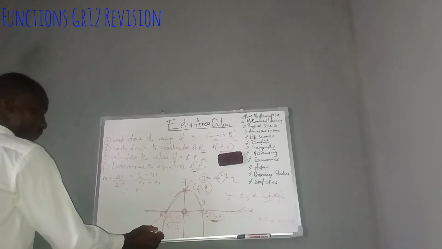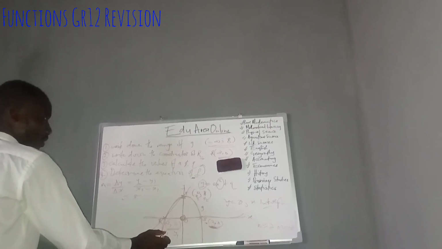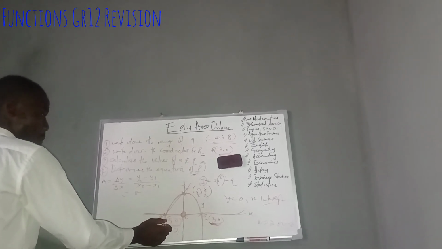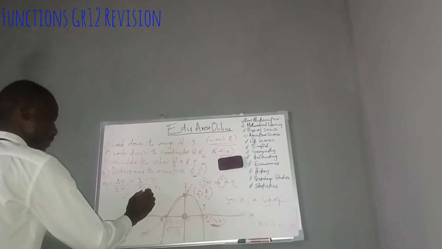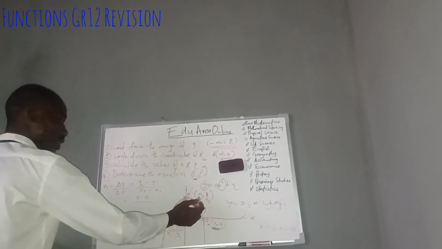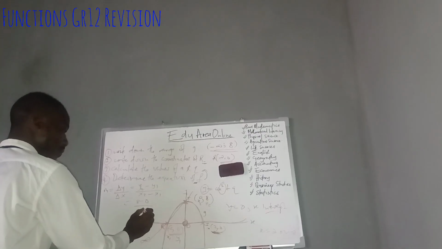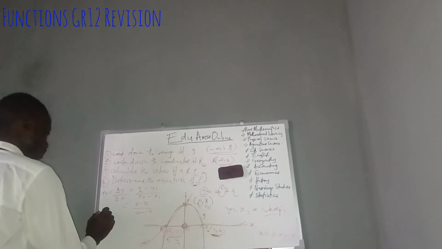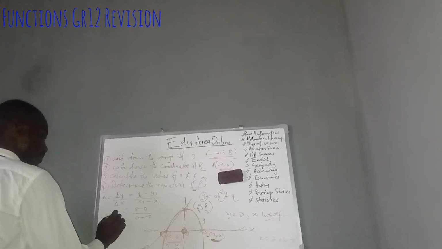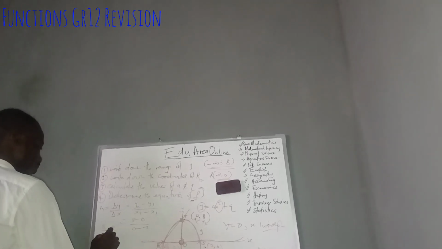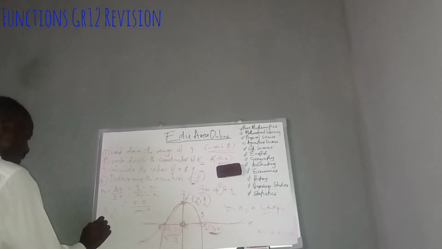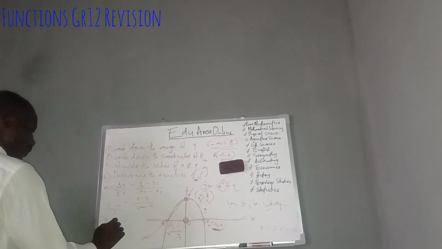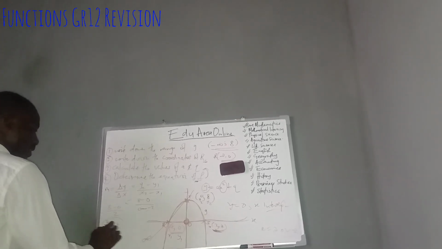So here we're now saying the gradient is 8 minus 0 over 0 minus 2. So 8 minus 0 is 8, over 0 plus 2. So this becomes 8 over 2, which is 4. So if we find the gradient of 4, that means on our equation